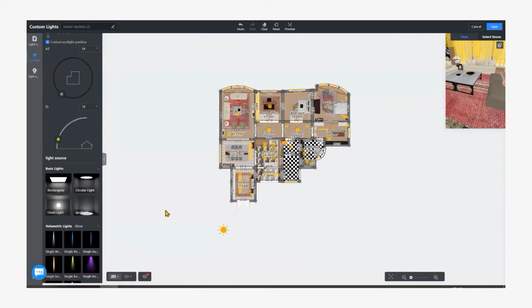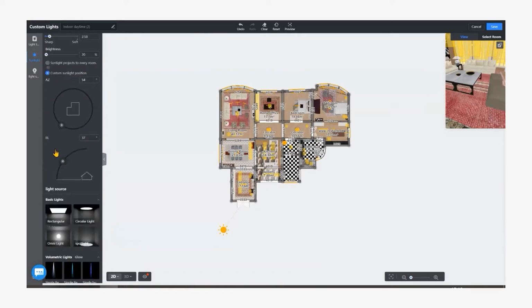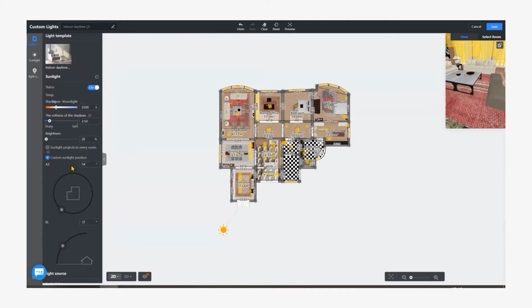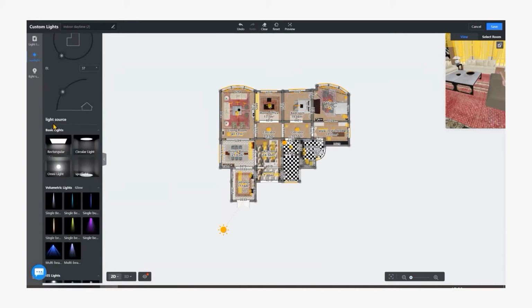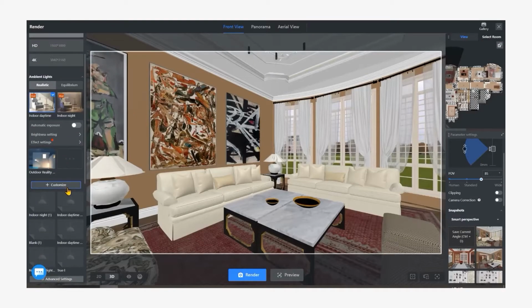Hi everyone, this video is going to show you how to adjust the sunlight for natural light in Coohom. We all know that in a rendering, sunlight expression is very important for indoor atmosphere. Then in Coohom, we can also enhance the atmosphere of the space by adjusting the sunlight parameters in the